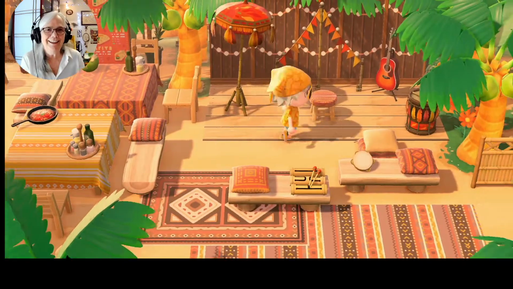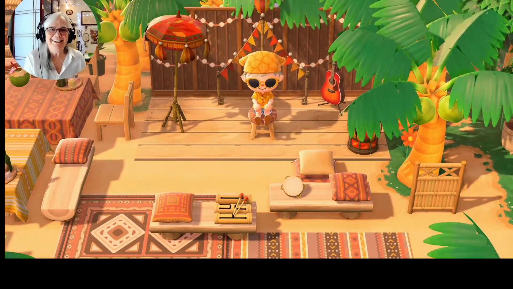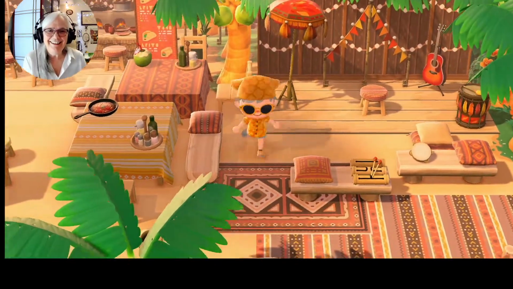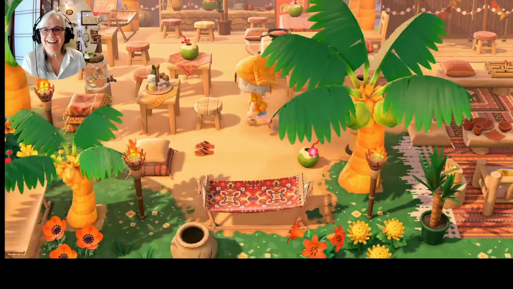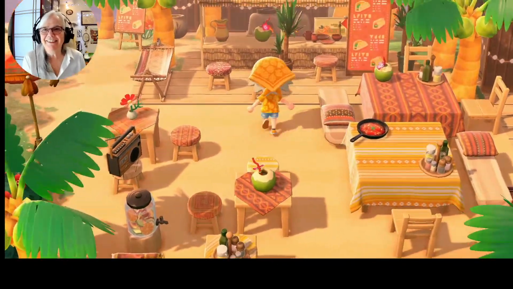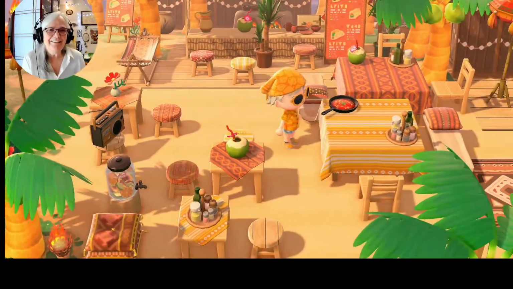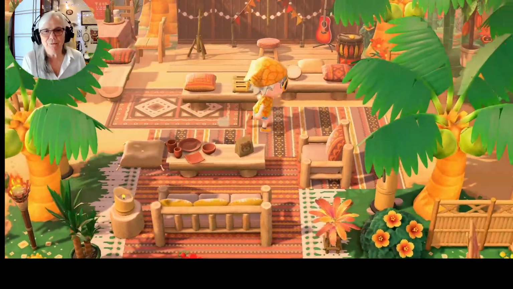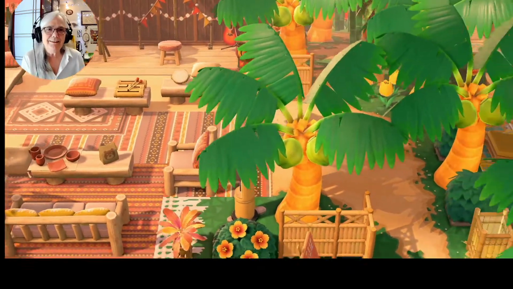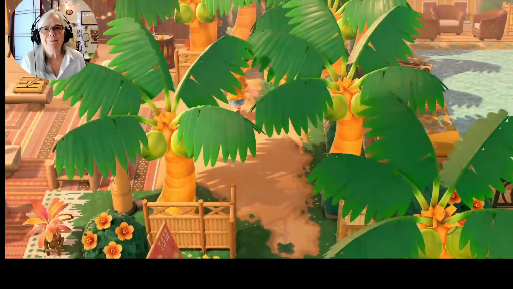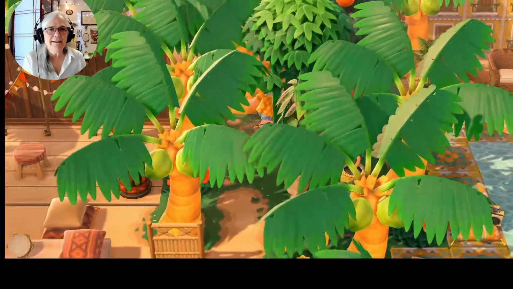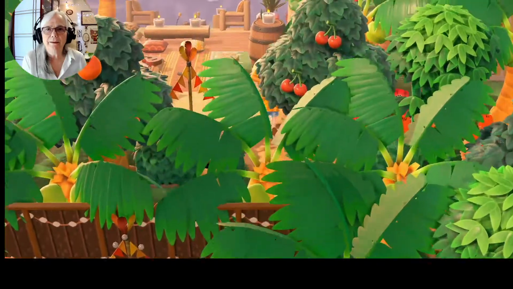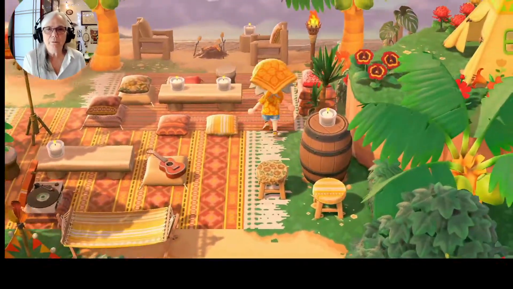And this is where the band is. Ta-da! I love that. It's so cute. This is just such a nice space with food and drink for everyone. And look at these rugs. These amazing rugs. Now, if this island allowed us to... oh, I see what that is. Oh, and here's another little space right on the beach.